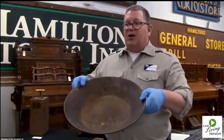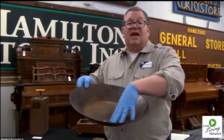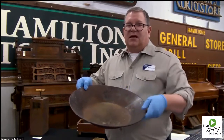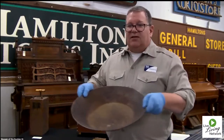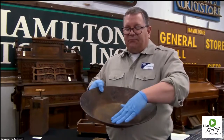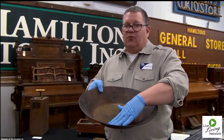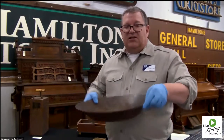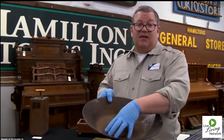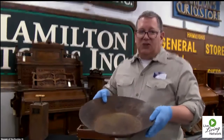Miners would put what they thought would be good sand or various types of soils in this. They'd be down next to a creek and they'd swirl it around like this. The gold or silver particles are heavier than a lot of the other rock, and so they could separate them out through this means. If they found something that was worth panning more of, they would continue using this method,